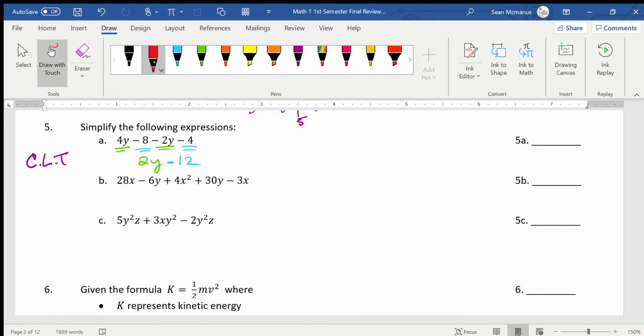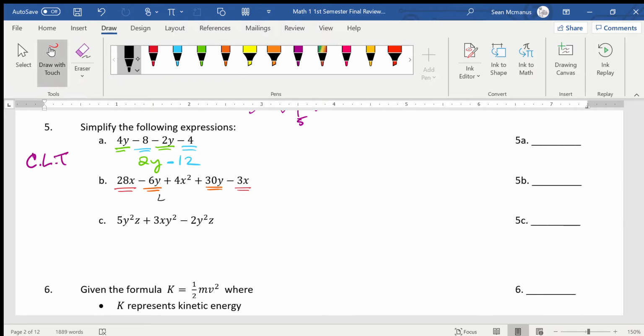This one down here, let's see. This first term, 28, has an x. Next one has a y, then an x squared, then a y, then an x. So I see there's an x here and an x here. And there's a y here and a y here. Right, that x squared in the middle, there's no other terms that have an x squared, right? I can't combine x's and x squared, so I'm going to end up with,